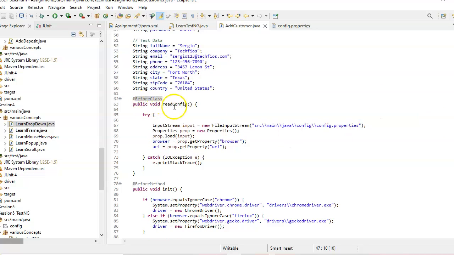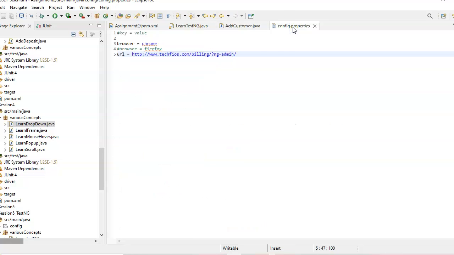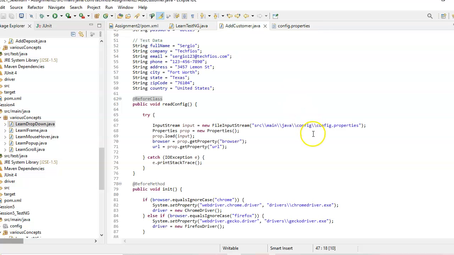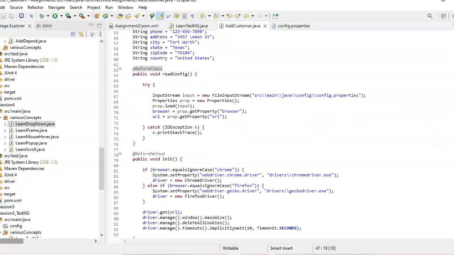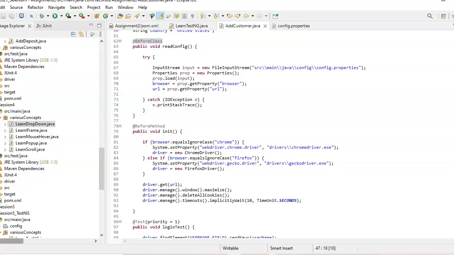So this method is going to help us to read the property files, which is over here, in which I saved my browser and the URL of my website. After that, I'm gonna have another method that is gonna basically help me to initialize my Chrome driver, I mean, and